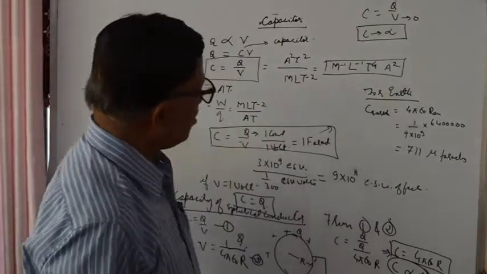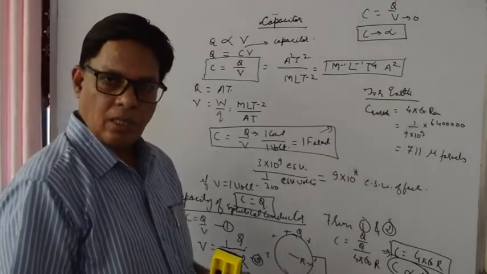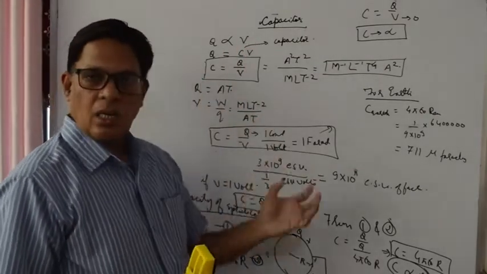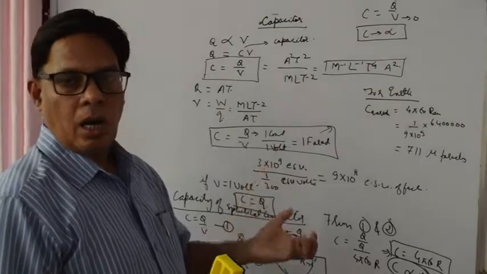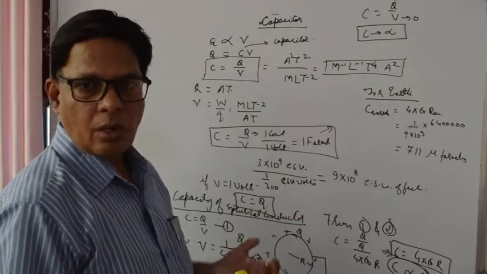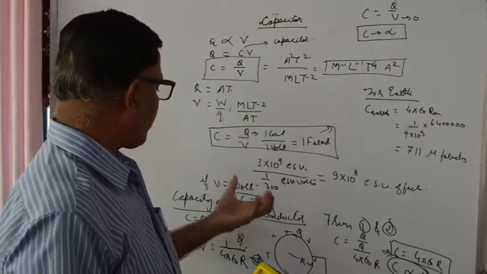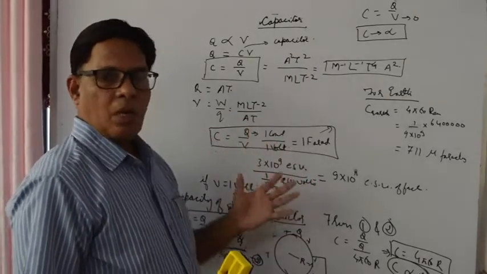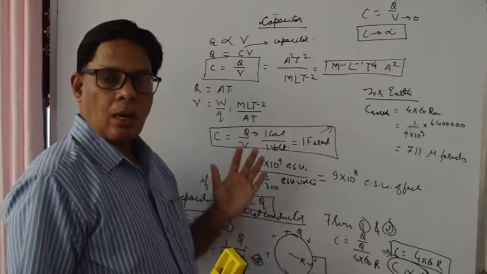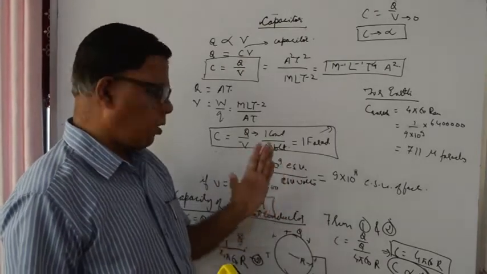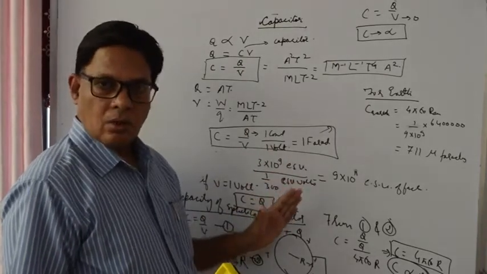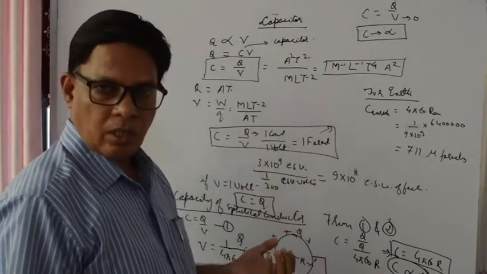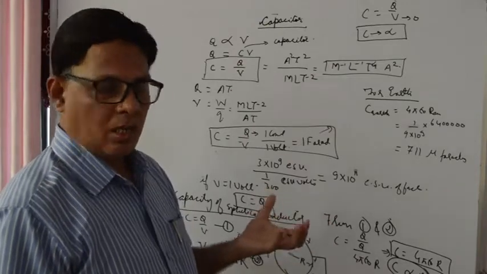So this is all about the introduction of the capacity. Basically, capacity is the charge that a body can hold. We have talked about the capacity of the conductor. Please don't have a misconception with the capacitor. We are going to see now about capacitors. Capacitor also is an instrument that will hold the charge, but the principle of the capacitor is different.